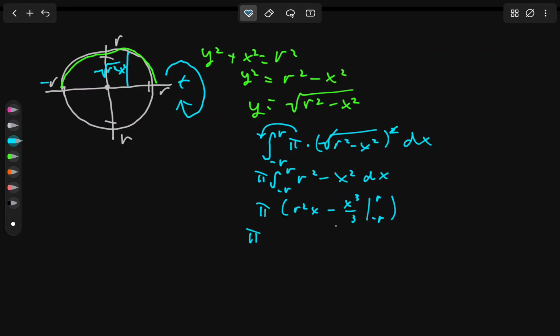So we're now going to evaluate these two at these points, so we get r squared times negative r minus negative r cubed divided by 3, minus, in parentheses, or I suppose this should be positive r. I did this backwards. I apologize if this has caused confusion. So now we subtract the lower bound, which is going to be r squared times negative r minus negative r cubed,